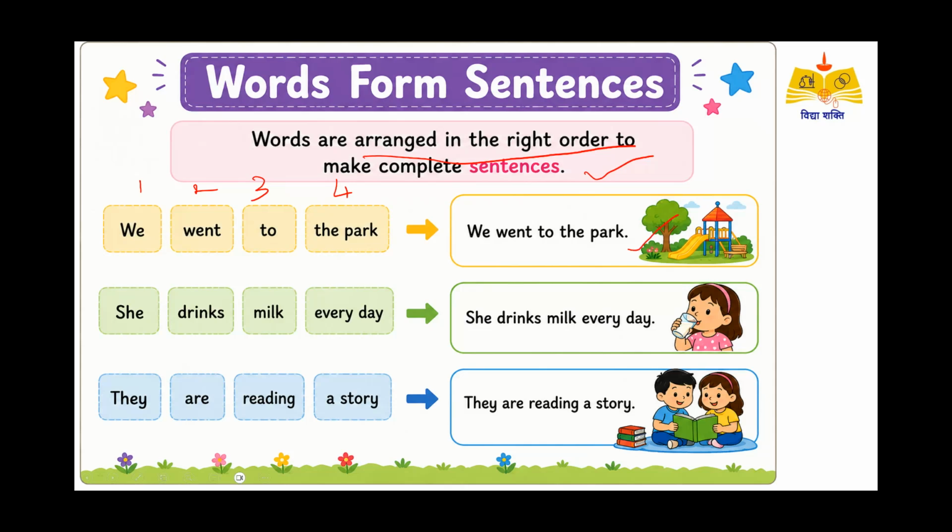చూసారా, చదివే స్టైల్ is changing. For example, when you read the words, you read it as we went to the park. If you want to read a sentence, then you are changing your pace of reading. We went to the park. You are making it a little faster. So sentence చదివేటప్పుడు, words చదివేటప్పుడు, you can see the difference.